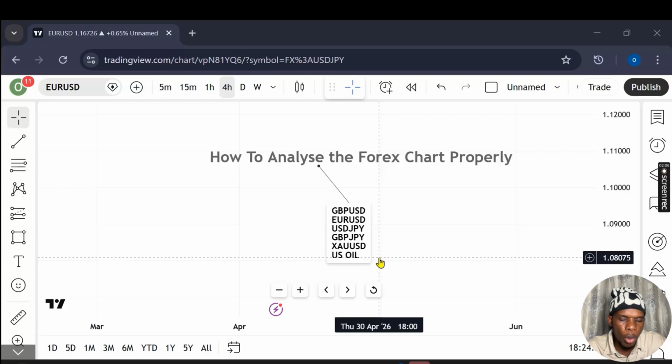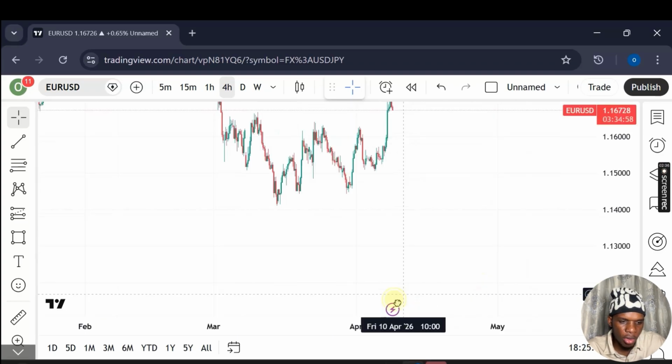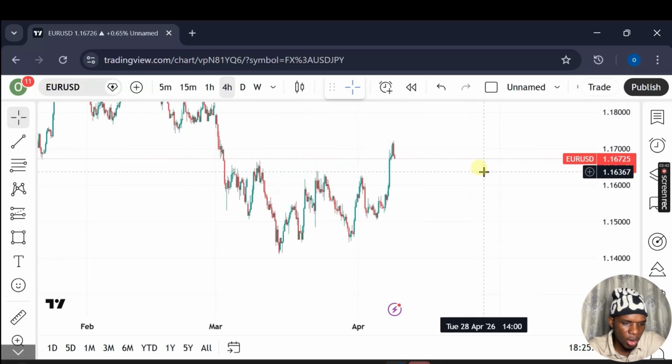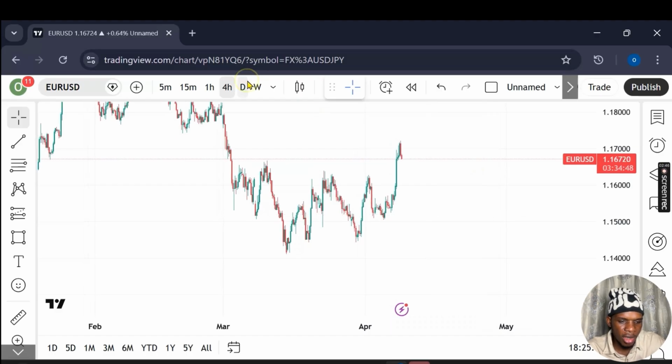So guys, what we are going to be expecting from the market. I'm going to do a quick analysis. You can also take advantage of this analysis I'm doing. So guys, our first pair is GBP USD. So this is Euro USD here. So let's start from Euro USD. It doesn't matter, okay? So guys, basically, if you want to analyze your forex chart, you have to start from